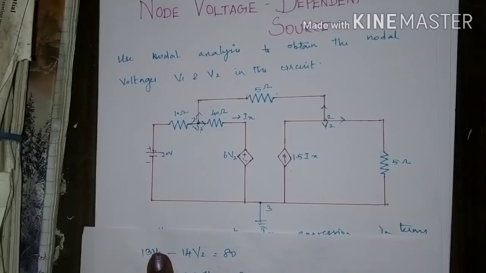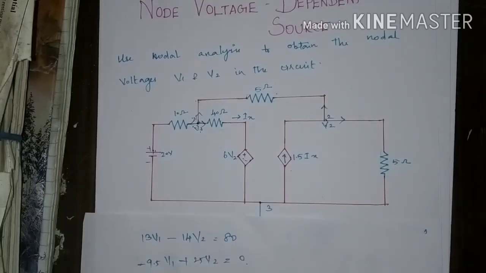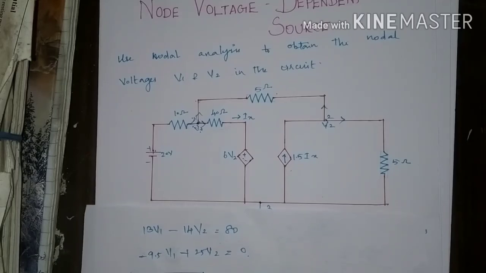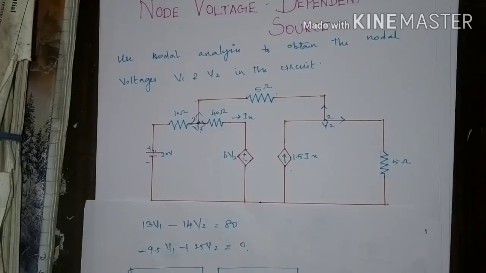The node voltage method is less time consuming and an easy method to analyze the circuit and to find the voltage at the nodes and the current in each branch. It can be used for dependent source problems or independent source problems, or super node or super mesh. Node analysis is the best method to solve network analysis problems.